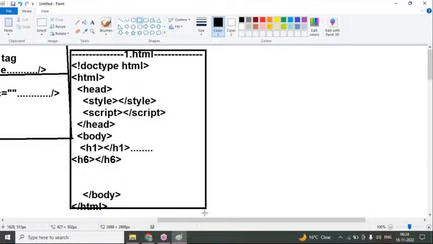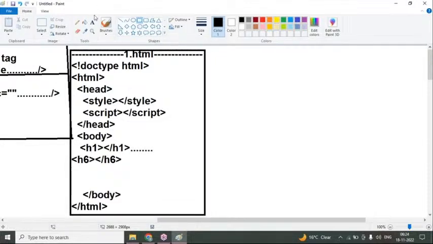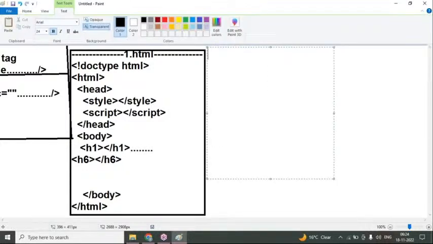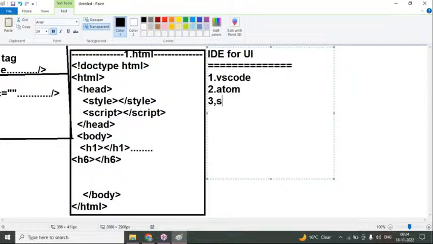So if I write the h1 tag, how will the heading come, and where can I write the program and execute it? To write the program, I can go for any IDE for UI development. Here, one is VS Code. Second one is Atom, Sublime Text, and the fourth one is Dreamweaver,